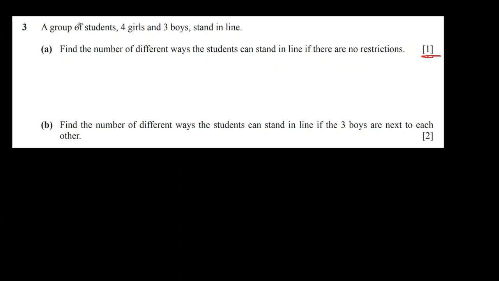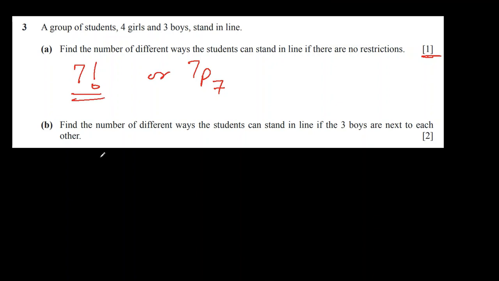mark. And rightly so, because if we have 7 people and they want to stand in a line, they are different people, answer is 7 factorial always. If the number of places and number of candidates are equal, you can write 7 factorial, or 7P7, it is the same thing. B part, the number of different ways the students can stand in line if 3 boys are next